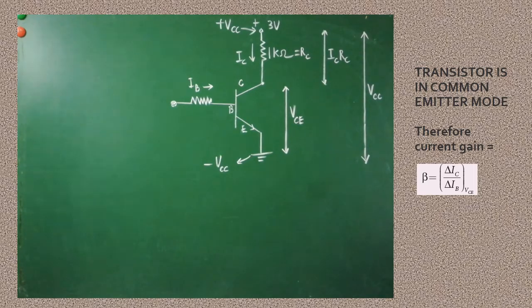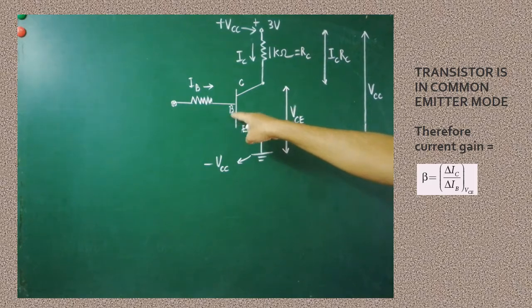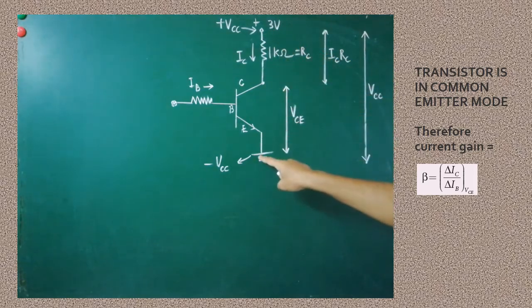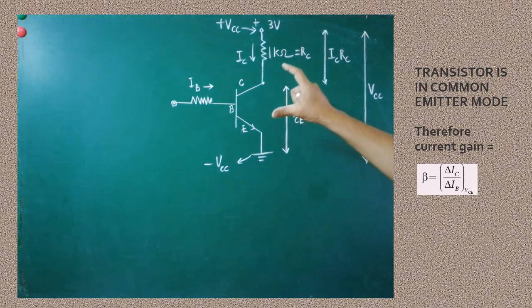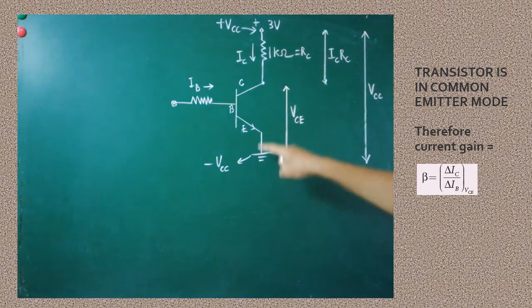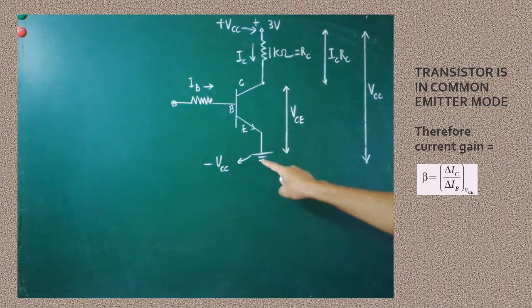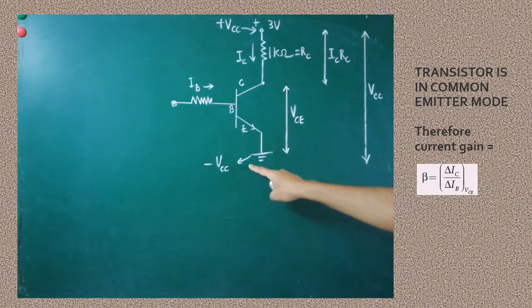Very simple problem. First I will explain the circuit. Later I will give the required formula. Look at that. In this transistor diagram, this is called base, this one is collector and this one is emitter. Here, these two terminals are called plus VCC and minus VCC. Are you clear? For the complete function of the transistor, the voltage must be given across these two terminals. So 3 volt is given here. Here plus 3 volt is there, here minus 3 volt is there. This terminal is always called plus VCC and this one is called minus VCC.